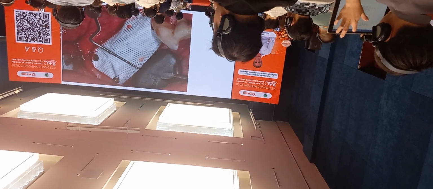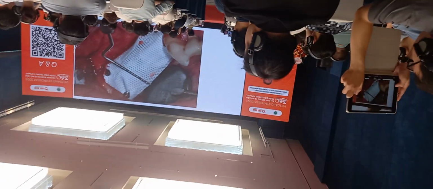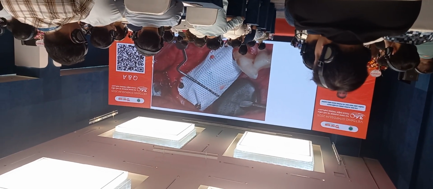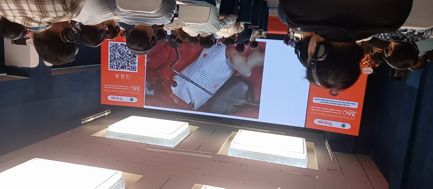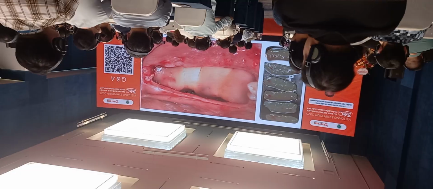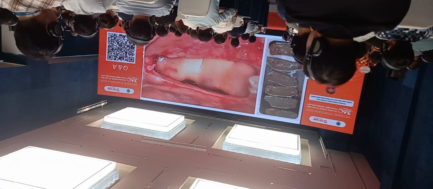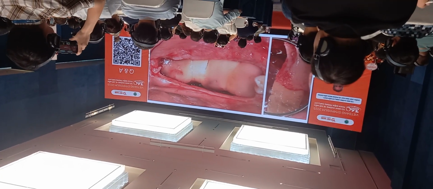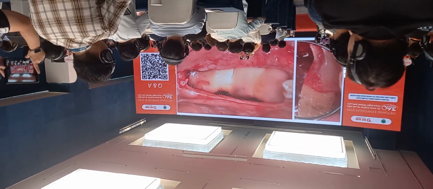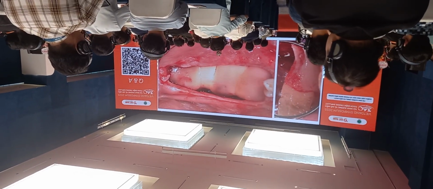This is the rationale for which I always perform the GBR with this dimension, 12 millimeters in the molar area and 8 millimeters in the premolar area. Then in this specific case I place a fibrous membrane and I close the flaps perfectly. We can perform this surgical procedure even if the defect is severe because we have the residual bone peak.